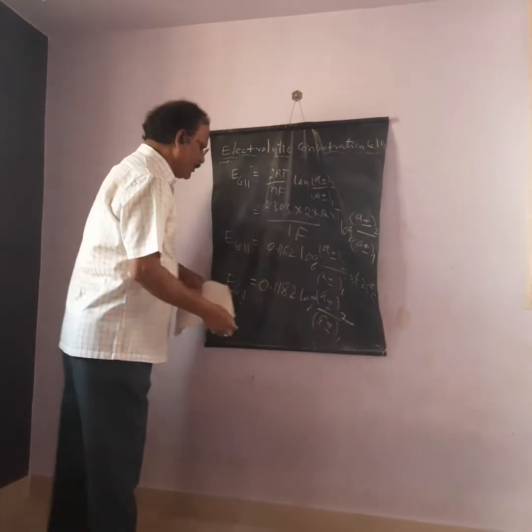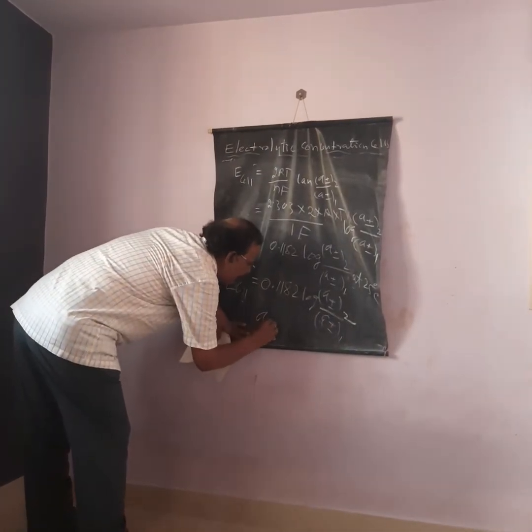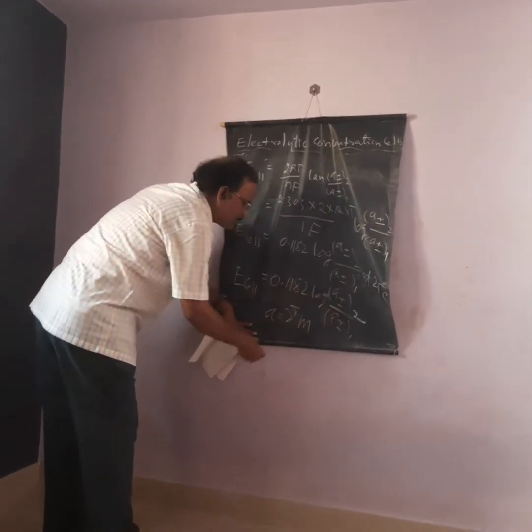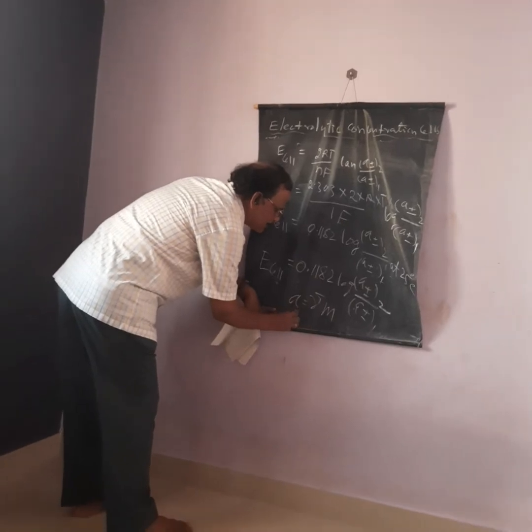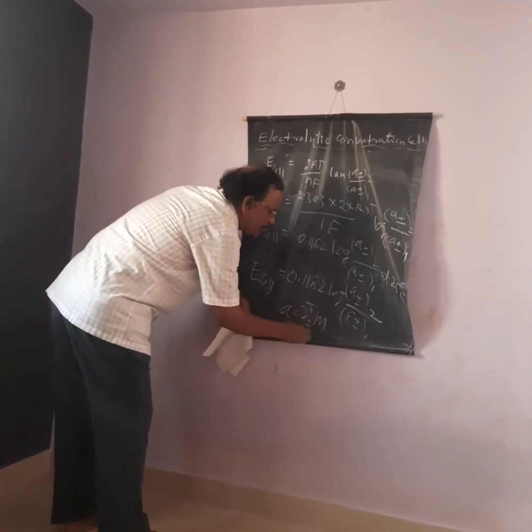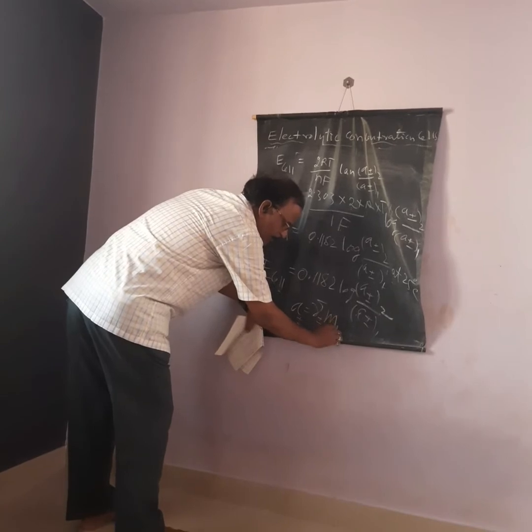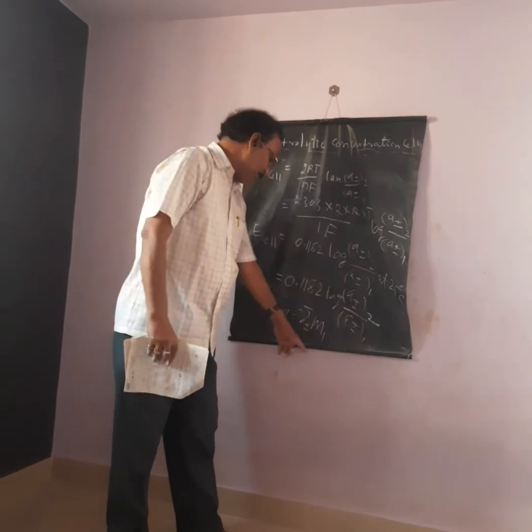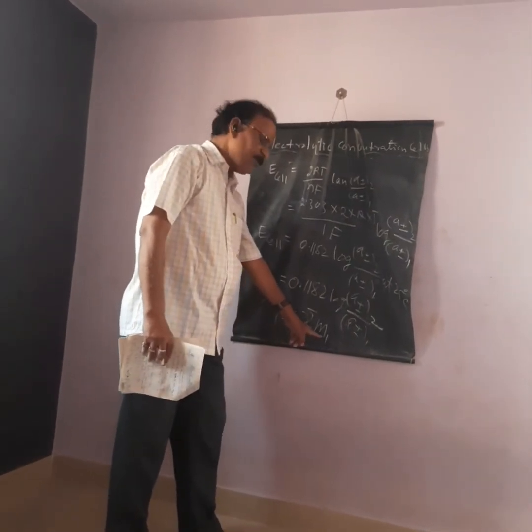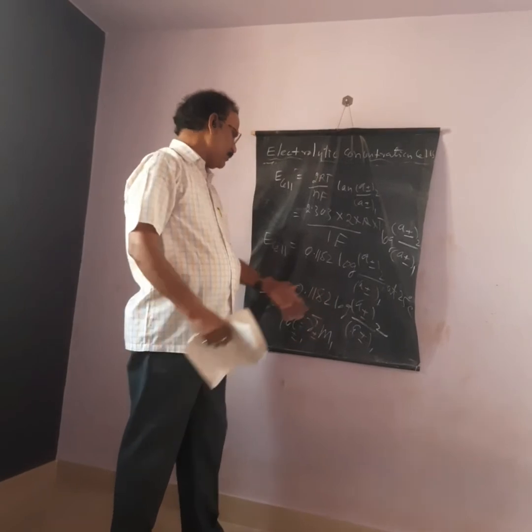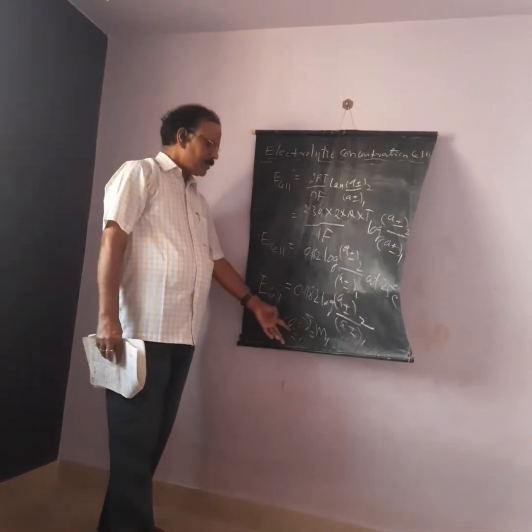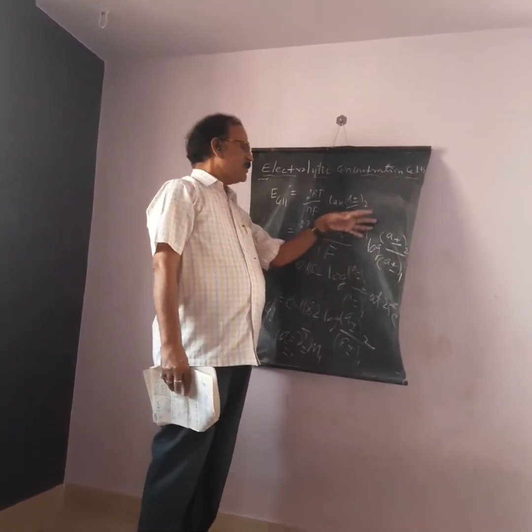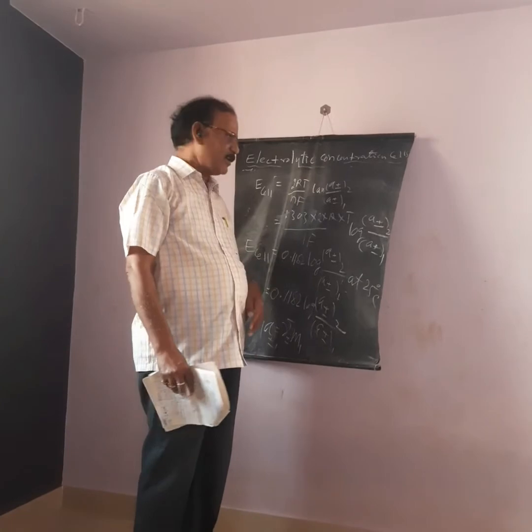So in terms of activity, it is given by gamma into M. You can write A plus or minus 1 means gamma plus or minus 1 into M1, for solution 1. And A plus or minus 2 means gamma plus or minus 2 into M2, for solution 2. So that you may substitute. This A plus or minus 1 or 2 is called the mean ionic activity of the HCl solution in the two compartments, in the two electrolytic solutions.